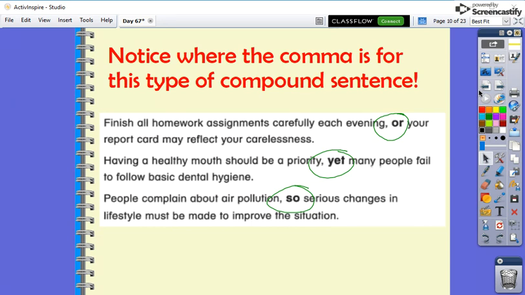Notice where the comma is for this type of compound sentence. The first part of the sentence could be a sentence that stands all by itself, but instead they use a comma and join it with one of those fanboys words to a second sentence that is also a complete sentence. This is called a conjunction when you put the word in between and it is connecting two independent clauses or two independent sentences. Stop, pause, and read those topic sentences now.